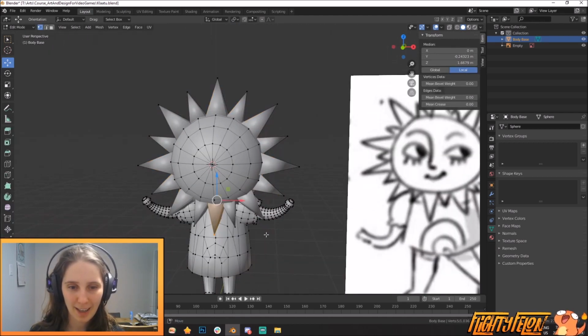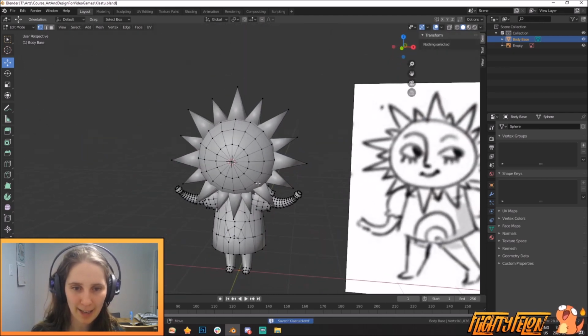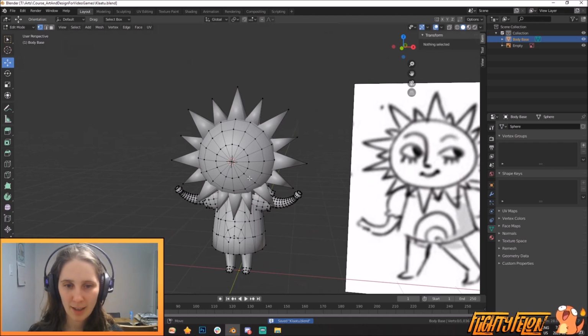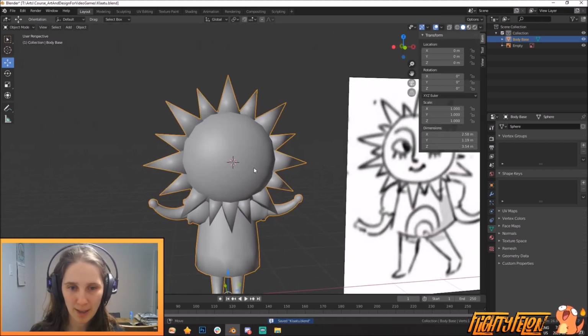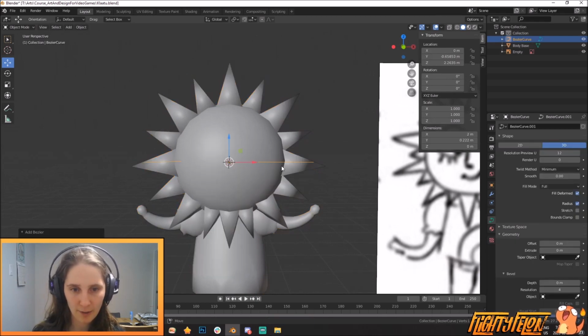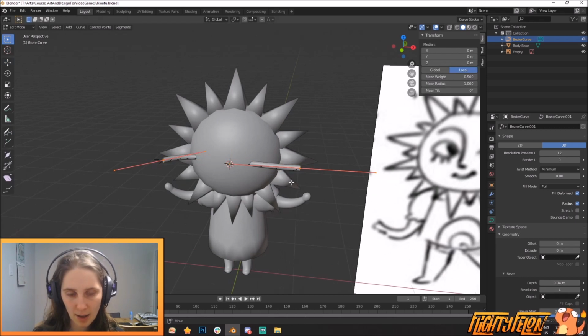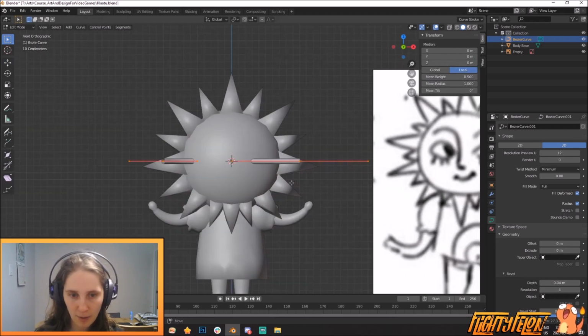So I had not only deleted the rainbow, but I'd also deleted her little head things. And so I'm gonna save several times. So now we're back to it. We're gonna give her a nose. So Shift A, let's give her a curve, Bezier. Go to this little curve tab over here, go to depth of bevel, bring it up, and go into edit mode, front view,